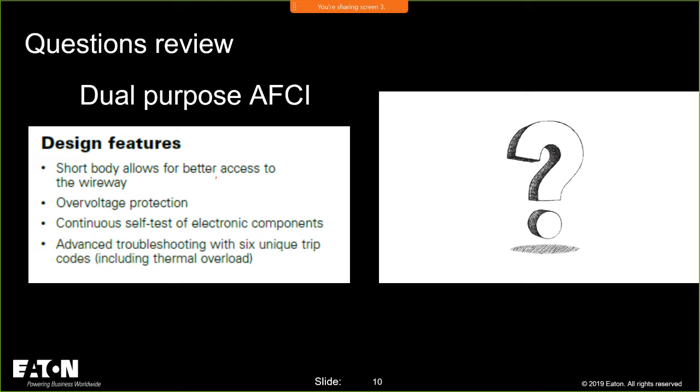Continuous self-testing of the electronic components. We talked about self-test a little bit yesterday. On GFCIs, we do have self-test capabilities, and on AFCIs as well. So when you have the same group of engineers or a similar group of engineers, especially when they sit close together,